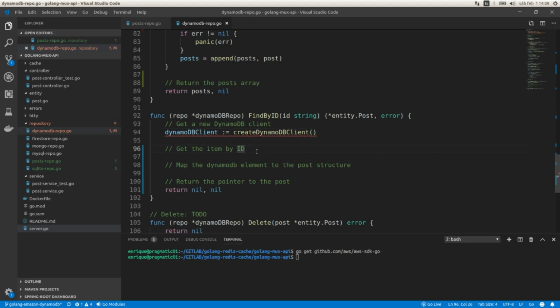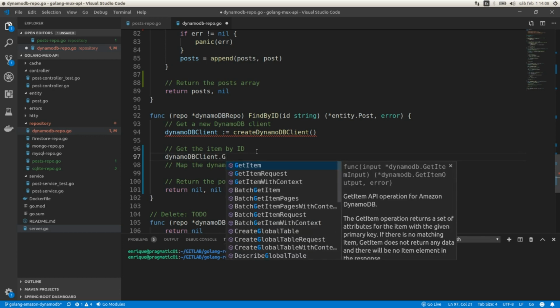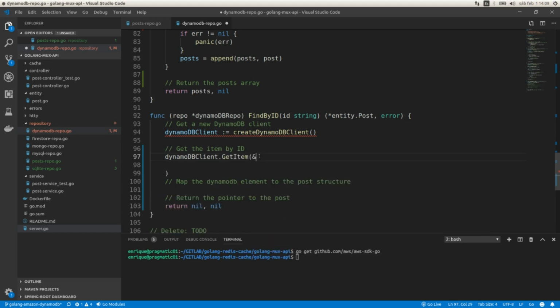And here I need to use the get item from the DynamoDB client. So it's going to be DynamoDB client. I need to use this. That get item. Sorry, this is a public function. Remember, public functions, the first letter is uppercase, and private functions, the first letter is lowercase. So this is going to be uppercase get item. Okay, and here we need to use the DynamoDB that get item input